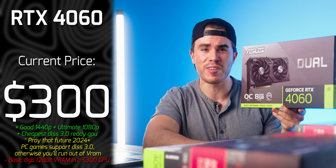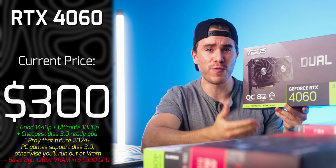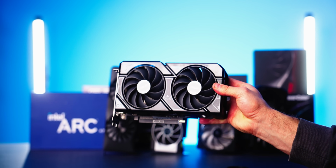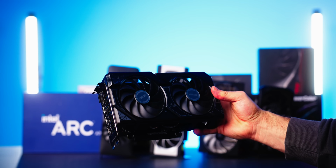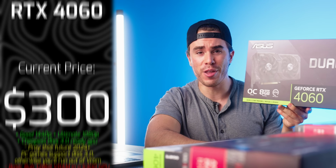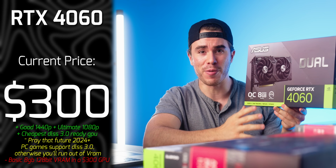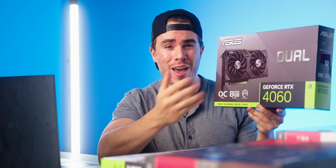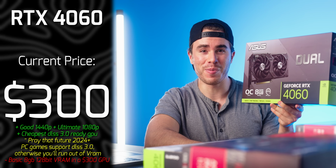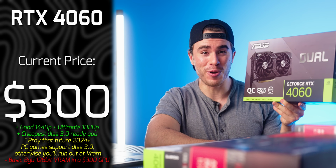But for a 4060, it just needs more juice. So really, you're only gonna wanna consider a 4060 if you play Fortnite, or if you really want frame generation. If you already know what kind of PC games you're gonna be playing, and a lot of them are gonna support DLSS 3.0, then the 4060 is the most cost-effective way to get that out of the box at $300. But if there's any PC game that you load up that doesn't have frame generation, then the graphics cards I'm gonna recommend later in this segment are going to blow this away, because for $300,